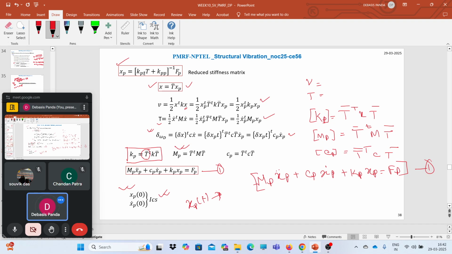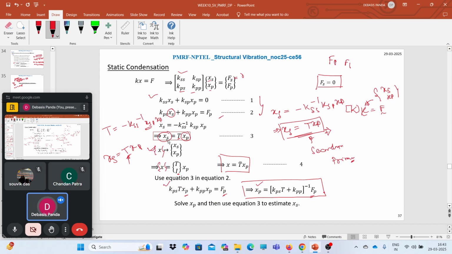So here from this equation we can easily calculate KPS into T plus KPP into T bar inverse, right? Here two pieces of information are important: xs is equal to T into xp, and x is equal to